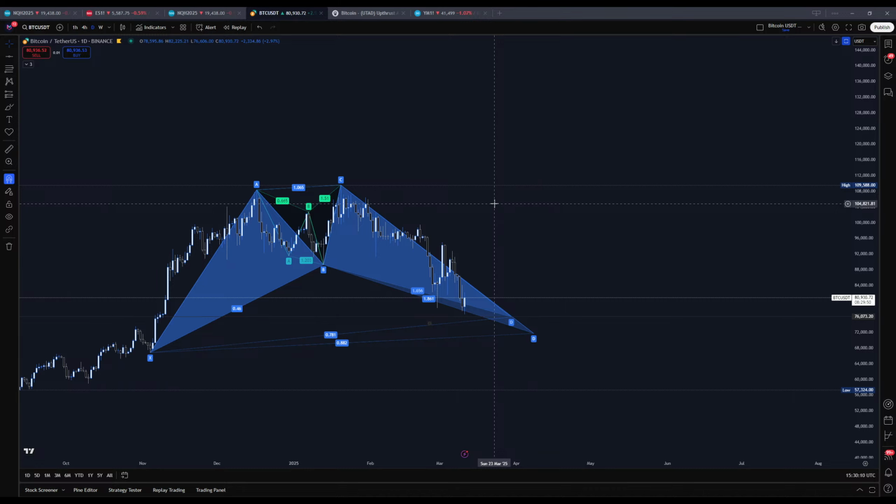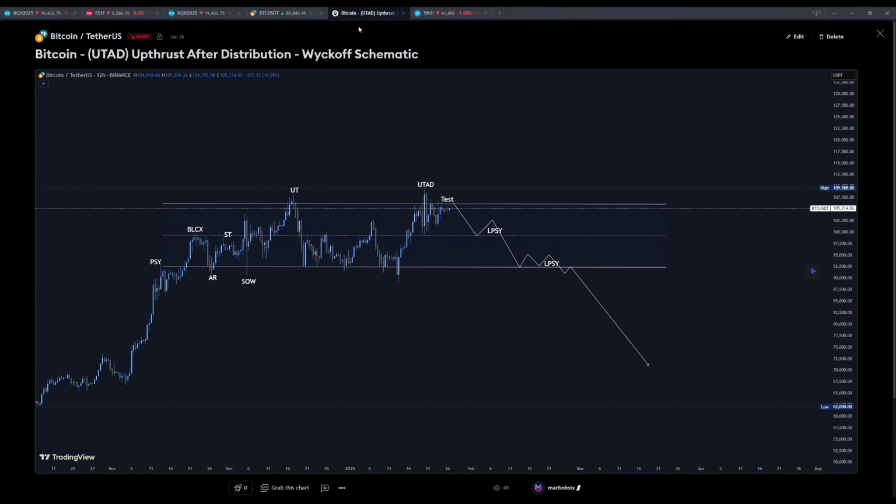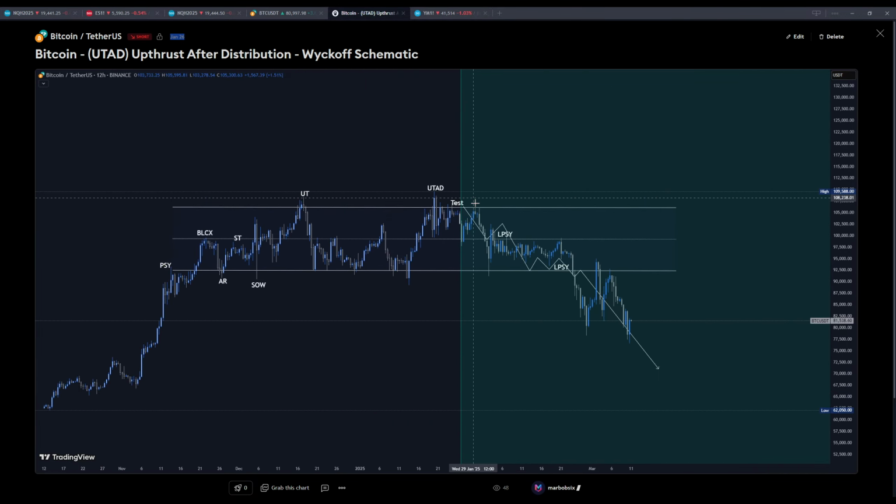Where are we currently in the price action for Bitcoin? You guys know we're looking for the distribution schematic. Since when? Since January 26. While the public was calling for higher levels, we were approaching the markets objectively, identifying this distribution schematic, right? The variables were clearly presented, an upthrust after distribution, and since then, if I click here below the new bars, the play button from January 26 to the current date, we were pretty much following these levels